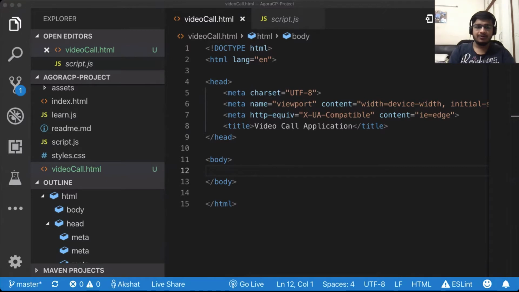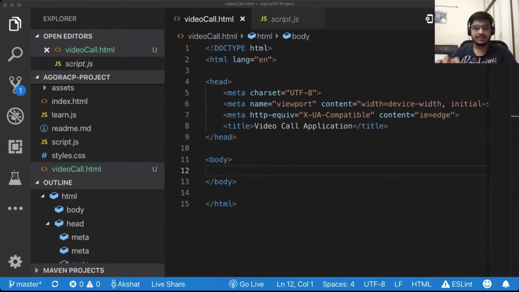Now we'll begin with setting up the basic video calling HTML file. So let's just visualize something. Say you want a proper website. We're going to have a big container which has everything inside. In that, since we're going to use a structure like last time, we'll have a left pane and a right pane.